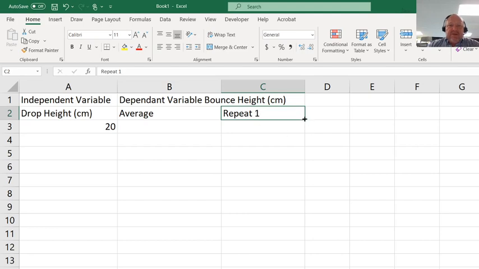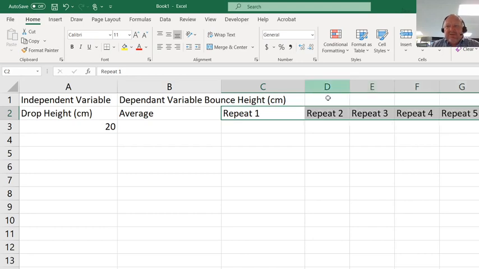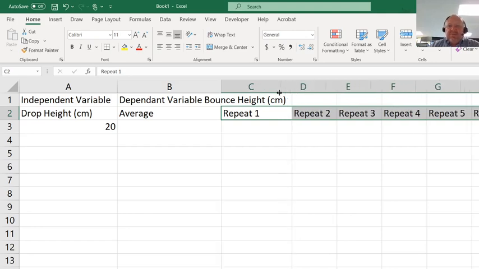Okay, so repeat 1, and then see, when I selected it, right there is a tiny little square at the bottom of the selected rectangle, and it actually changes my cursor when I hover across it. See how the big white plus becomes a black plus? Now I can click and then drag, and Excel will immediately figure out this is something that it wants to repeat. So there you go, repeat 1, 2, 3, 4, 5, 6, 7